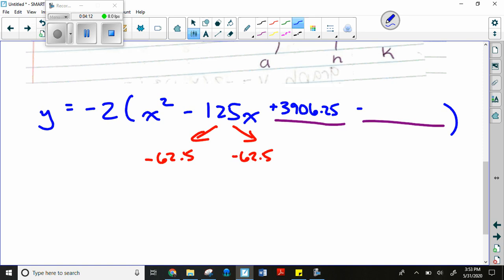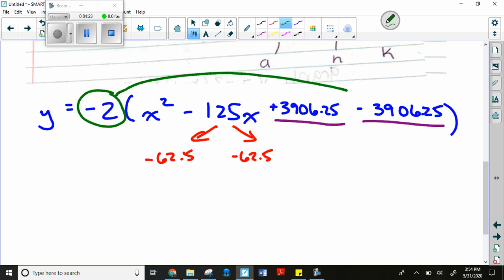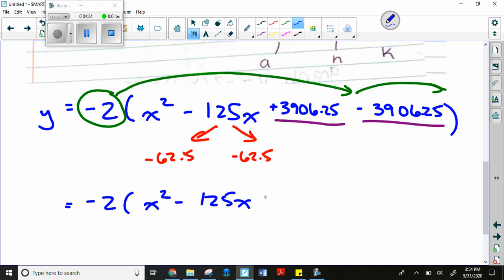So when I multiply negative 62.5 by itself, so 62.5 squared, I get 3906.25. 3906.25, but then you have to subtract it at the same time because you're not just allowed to add a number to something. And then the one we want is the positive one, so we have to kick out that negative one by multiplying it by what's in front. So our next line is going to be the negative 2 x squared minus 125x plus 3906.25,